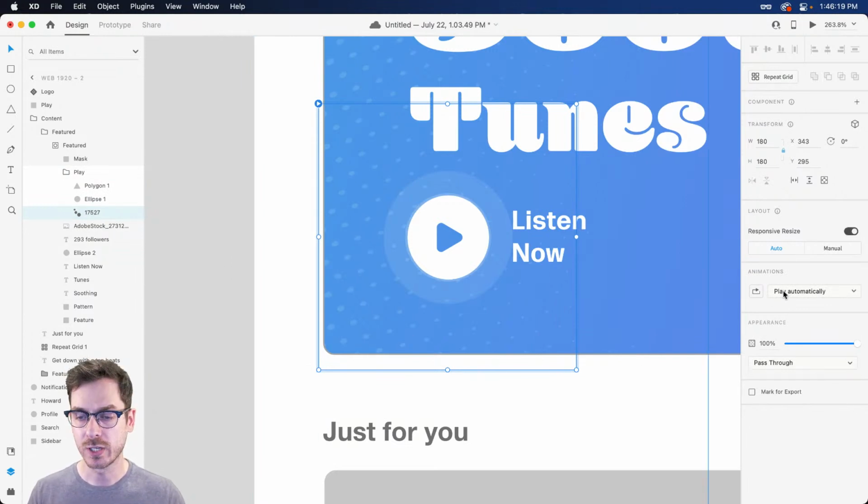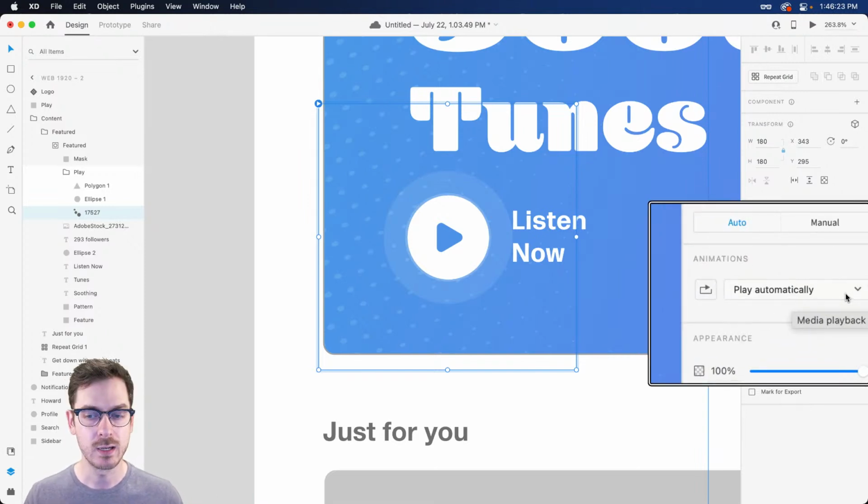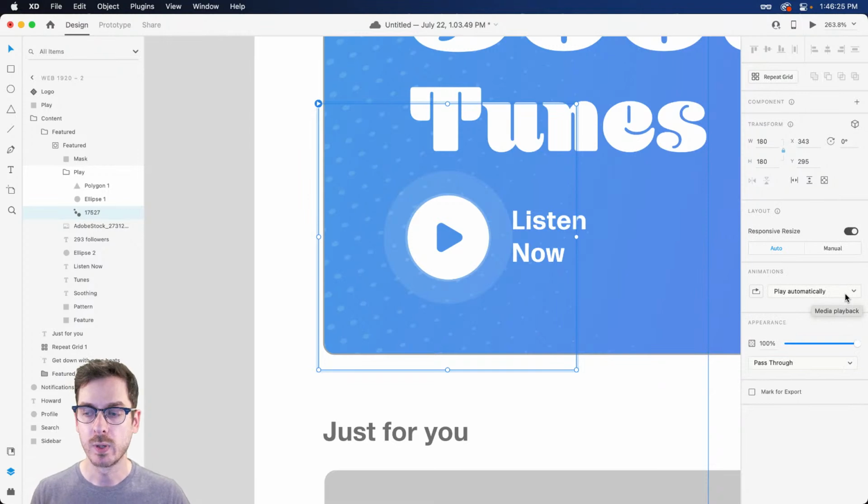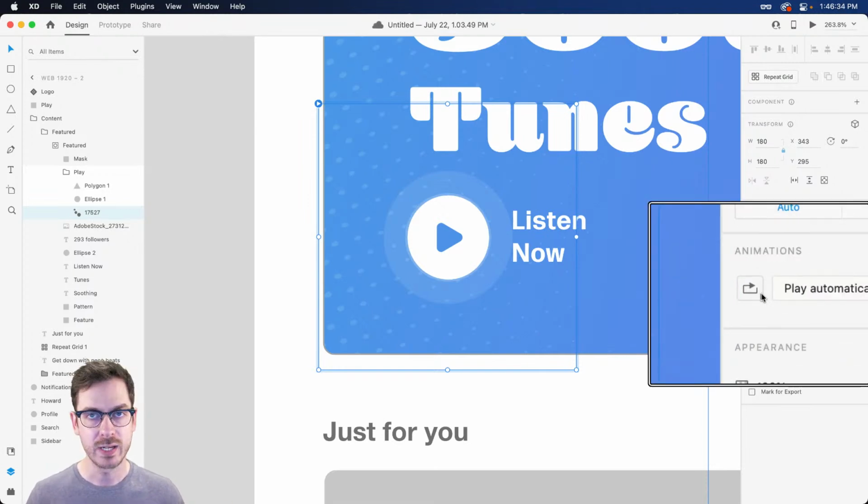Lottie. So over to the right-hand side with this Lottie animation selected, we do have it set to play automatically, which is great. But we also want to make sure that it loops so that this pulse continues to happen as the user is diving into this experience. So this button right over here to the left of that drop-down will allow you to loop that playback.